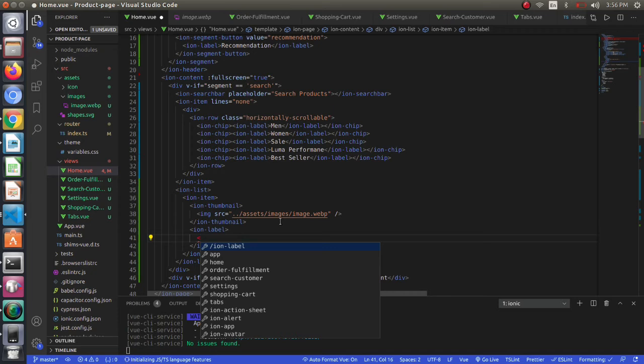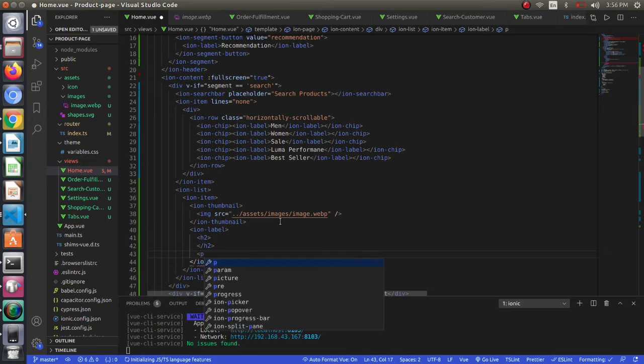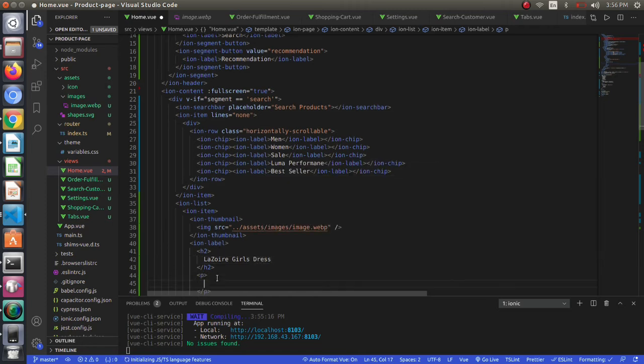So I will use the h2 tag here for my product name, and the p tag here for my sizing. So I will provide the name and the sizing like this.